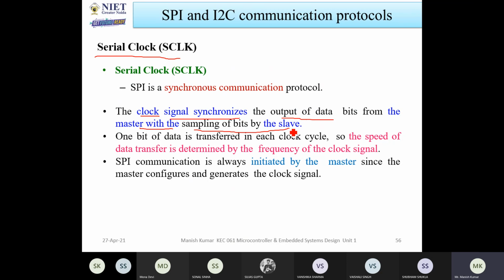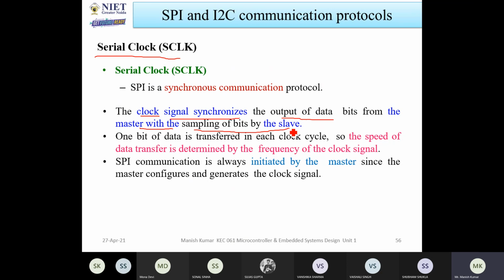जब क्लॉक हम प्रोवाइड करेंगे विद द हेल्प ऑफ मास्टर, इसका मतलब है कि मास्टर डेटा सेंड कर रहा है, तो डेटा रिसीव स्लेव करेगा। तो स्लेव कब करेगा? एट द राइजिंग एज और फॉलिंग एज। वो डेटा लाइंस को रीड करेगा और डेटा लाइंस पे जो भी बिट्स होगा वो सैंपल कर लेगा अपने पास।